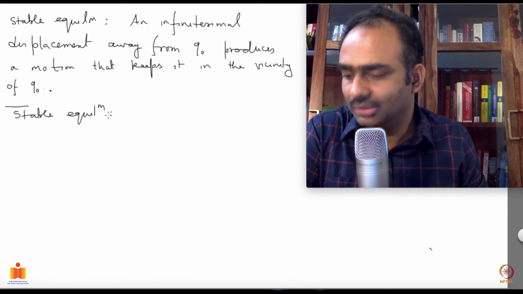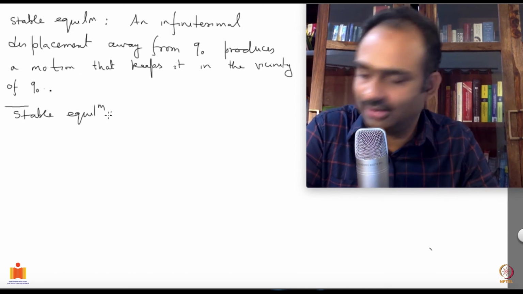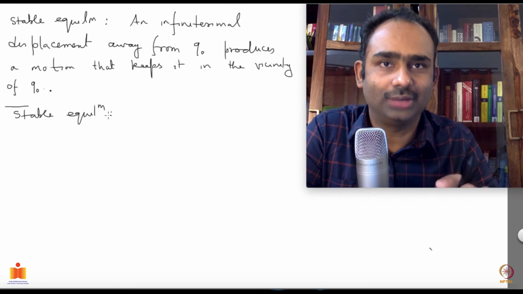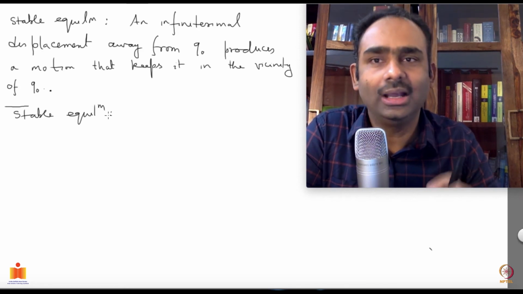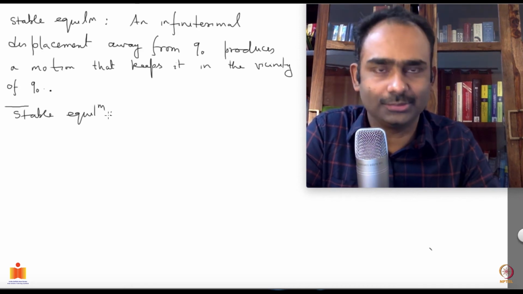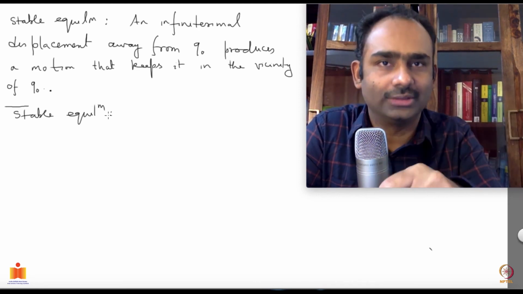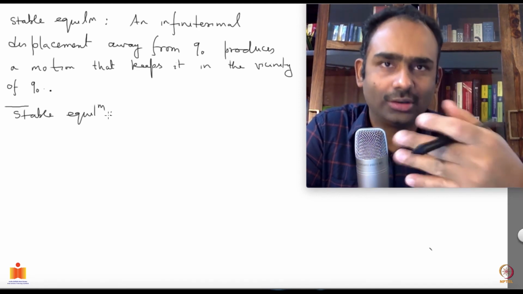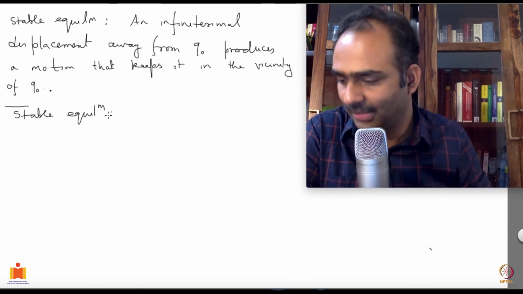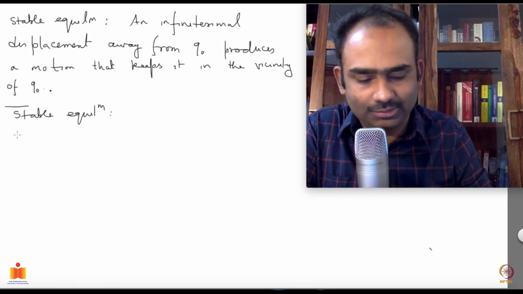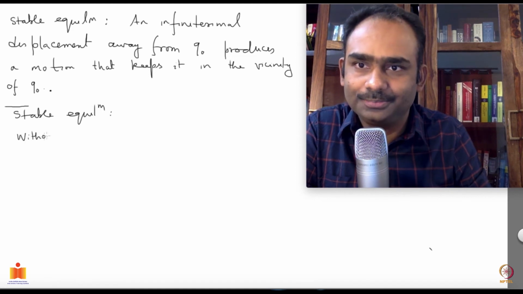Now what I can do, without loss of any generality, is choose the point where you have the stable equilibrium to be the origin of your coordinate system. So I say that all the q's are 0 there. That's basically choosing the origin of your coordinate system. So without loss of generality,